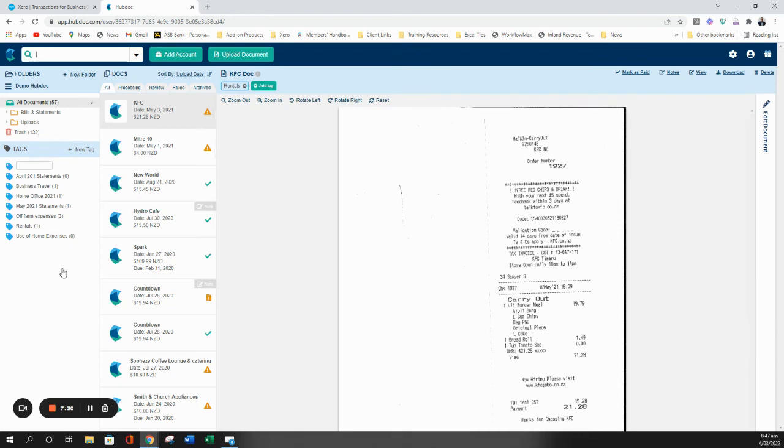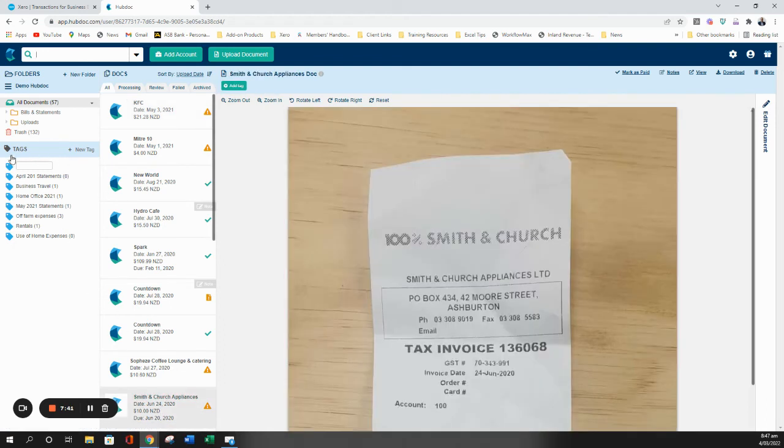For those of you with use of home claims, you can store your use of home documents within Hubdoc, which makes it easy for your accountant to access them. So to do this, the first step is in your tags, click on the plus new tag and put use of home 2022 or something similar. It looks something like this. So you can see I've got some other examples that I've done previously. If there's any transactions that you've got that relate to that use of home claim,